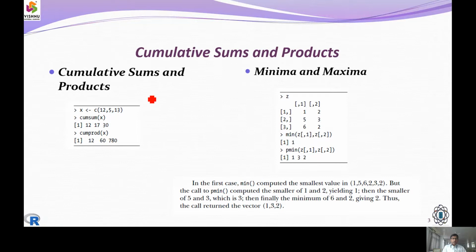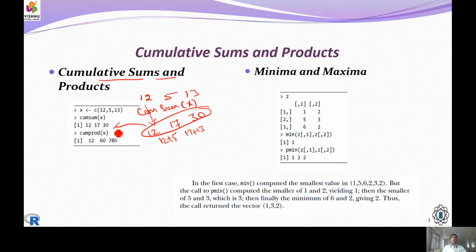Now, let us see how cumulative sum and cumulative product work. Assume the vector x has 12, 5, and 13. Now if I take the cumulative sum of the vector x, the first element will be as it is. Then it goes 12 plus 5, 17. Then 17 plus 13, we get 30. In this way, element by element is executed in the cumulative sum.